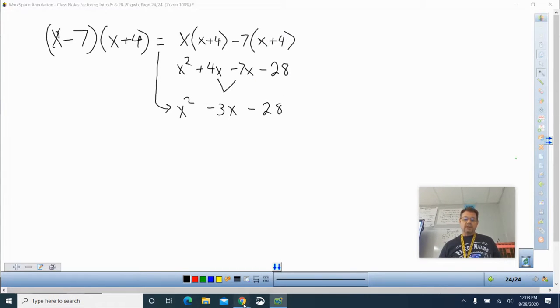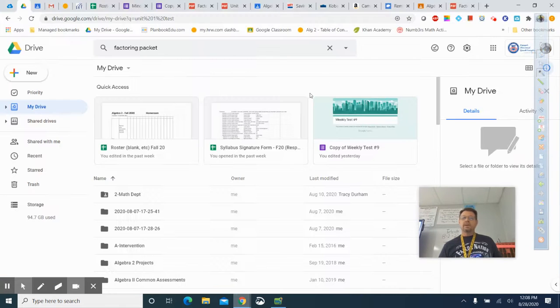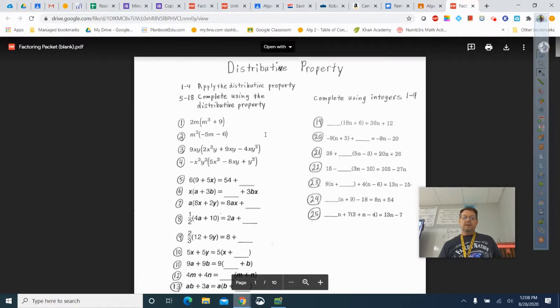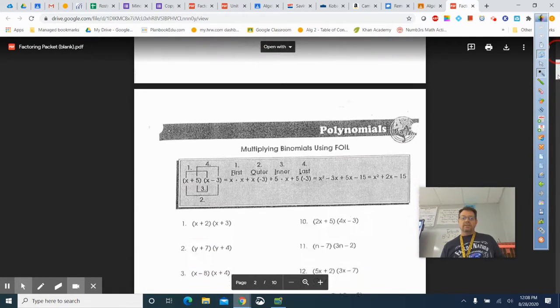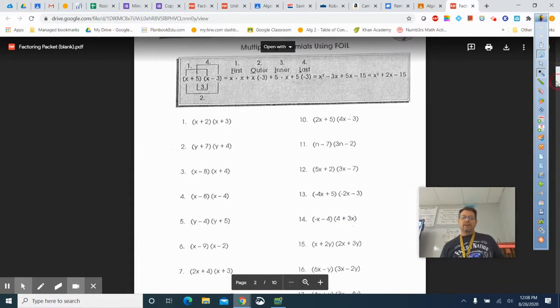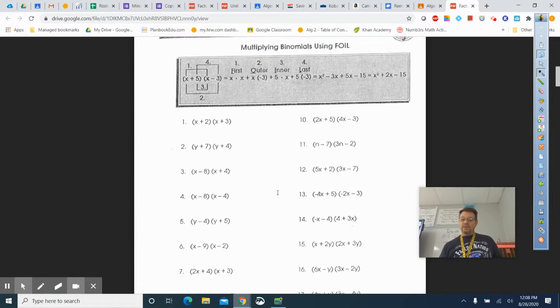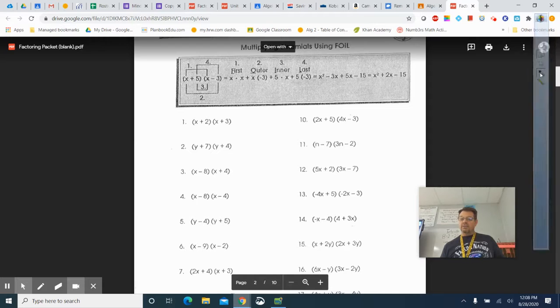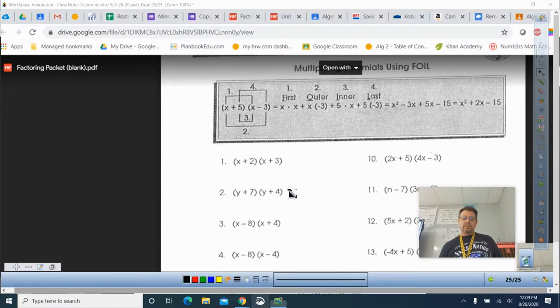So when you see in your homework, on page 2 of this packet, it says FOIL. Let me show you what I mean. I want every single problem to look like what I'm going to show you. This is how I want to see every single problem done. I want you to write